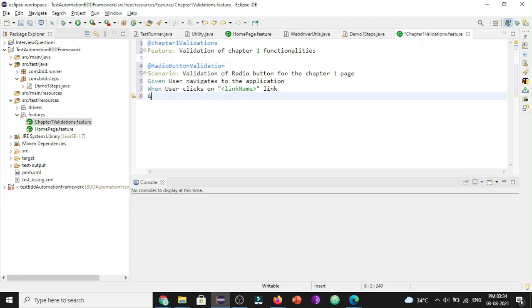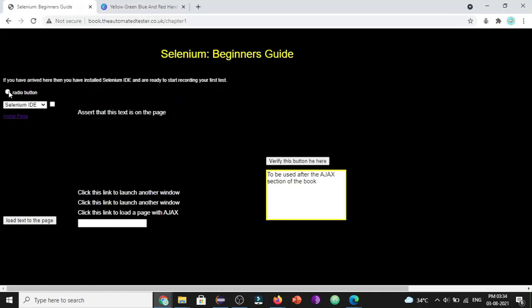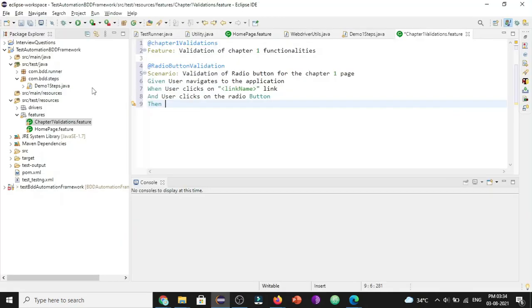So let's add with And, and then say user clicks on the radio button. Later we have to validate if the radio button is enabled, so we add that under the Then keyword.